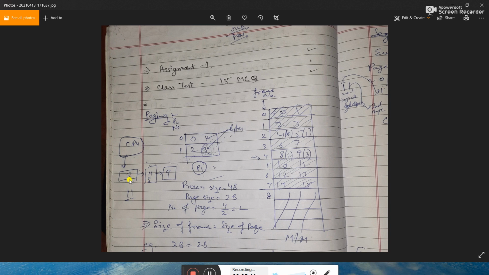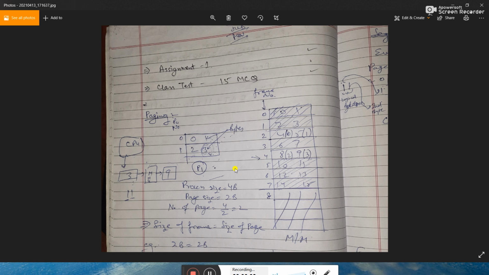So here you can see that 3 is my logical address, and my memory management unit is there. This is my memory management unit. It is converting it into 9, right? How it is converting, I will tell you. Firstly, let's see if 3 number byte is required. So 3 number byte is there, right? So it is 1 1, and it is the 3 number byte in a process.